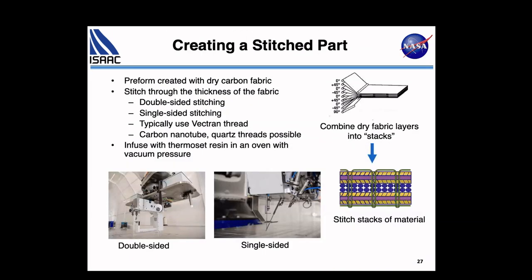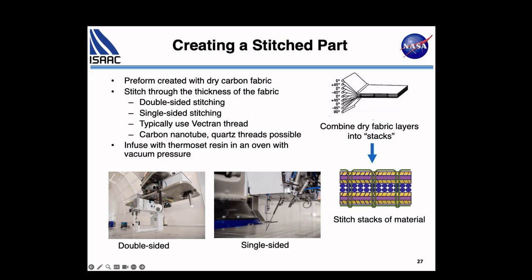To create a stitched part, you start with layers of dry fabric and you place them together into a group, and then you can stitch them together. So basically what you start with is putting together your layers of dry fabric in whatever fiber orientations you want. You run just a couple of threads through it just to hold what we call a stack of material together. And then you take that fabric, you can build up as many stacks as you want, and you run it